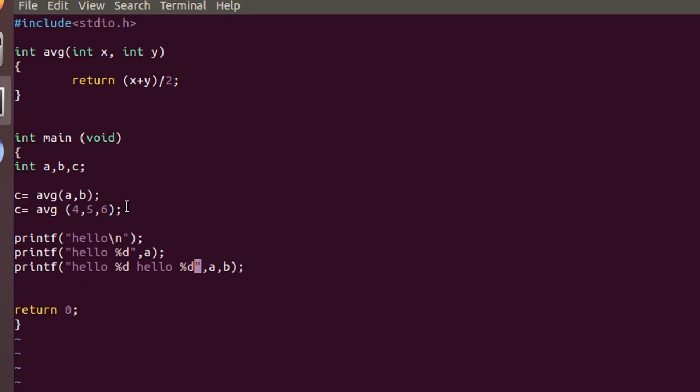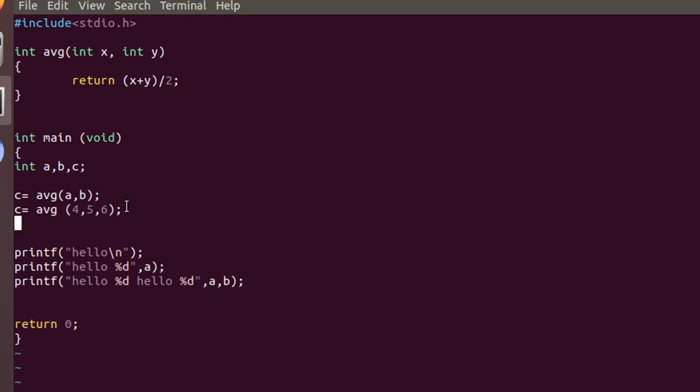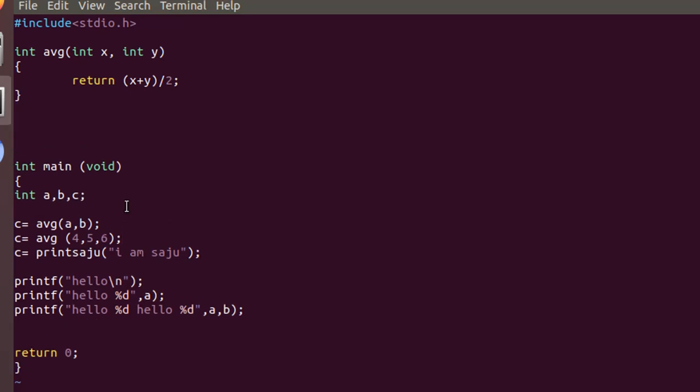Consider if I am writing my function, c is equal to... so when you write this function, here you are going to receive one pointer.